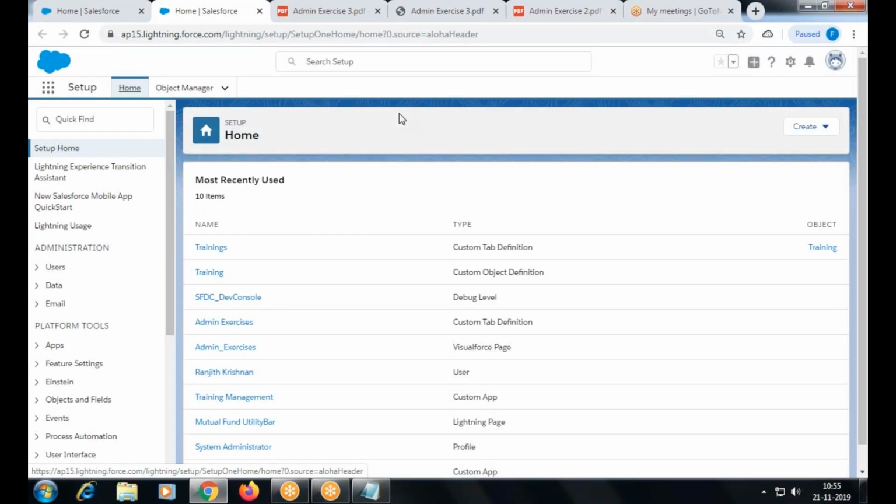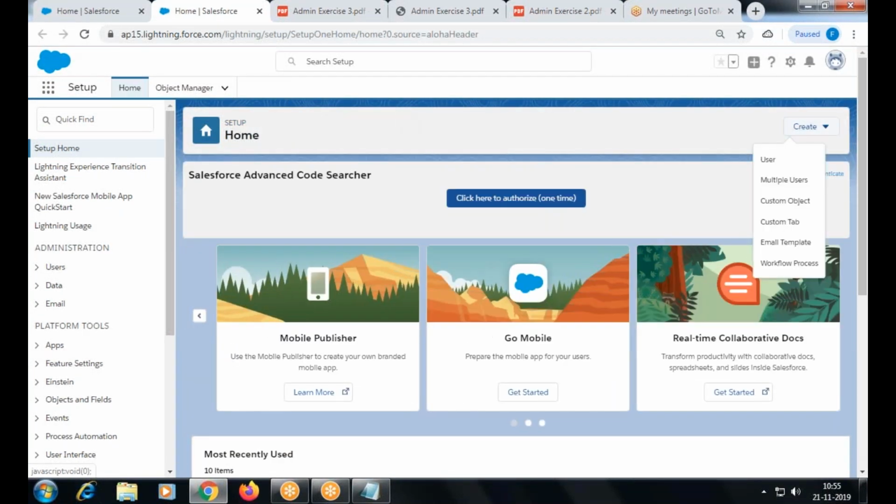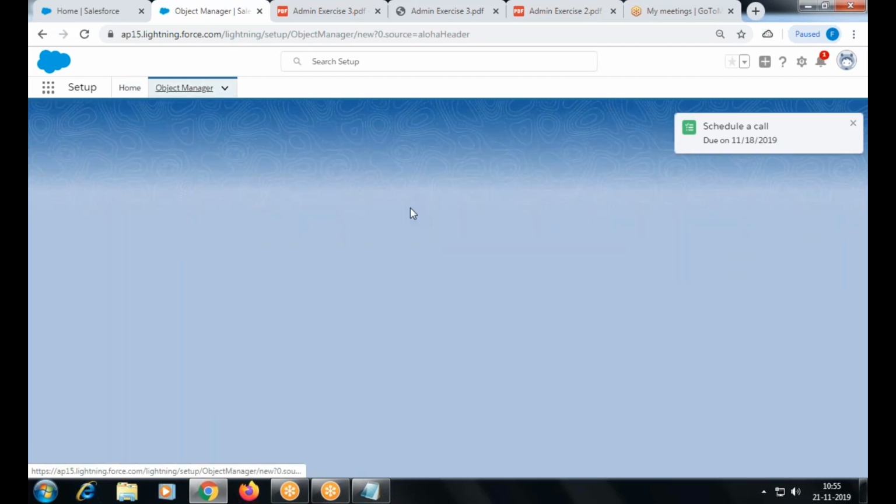From the setup home itself, on the upper side, there is an option called create object. From here you can create object, tab, users, multiple users, email template, and workflow. These are different features. Okay. So from the home page itself, we can create object. Click object.